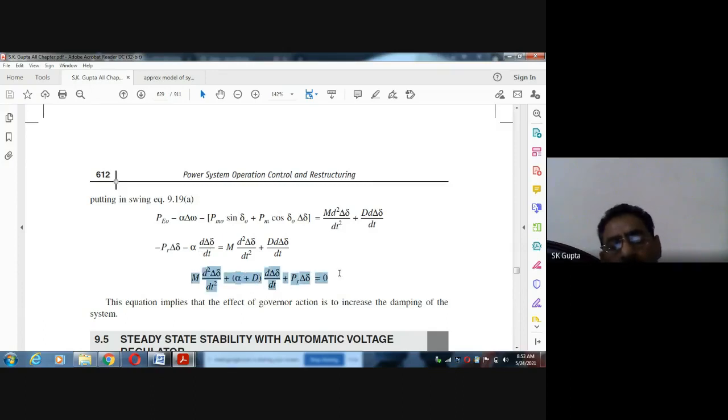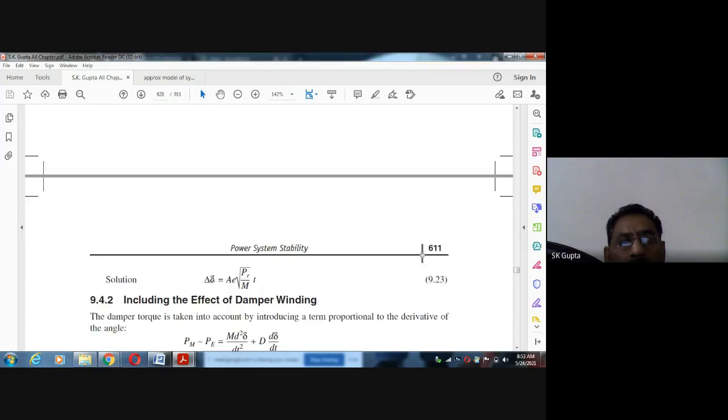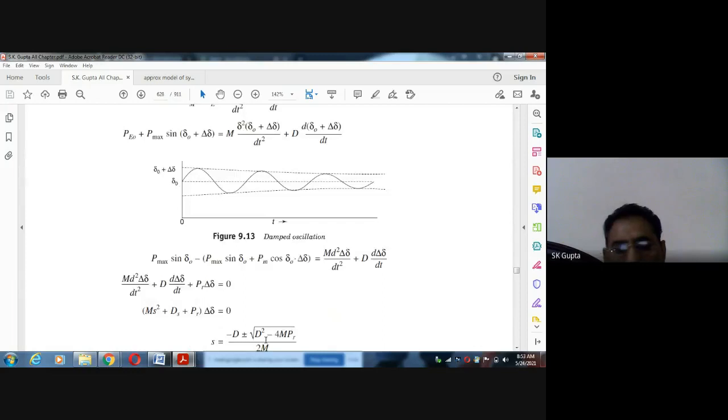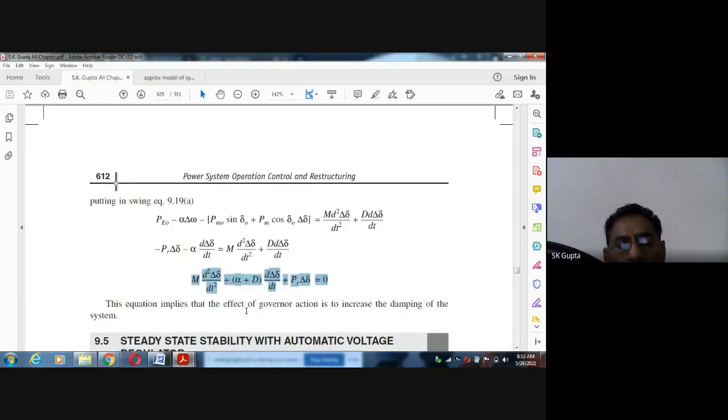इफ यू सी दिस इक्वेशन, व्हाट वाज दिस, ये इक्वेशन आप देखेंगे: PM माइनस पी एम डी स्क्वायर बाई डेल्टा टी स्क्वायर प्लस डी डेल्टा बाई dt, यही तो है। सेम इक्वेशन इज देयर, ओनली इन प्लेस ऑफ d इट इज d प्लस अल्फा। मींस ये किसके प्रोपोर्शनेट आ रहा है, फ्यूल, जितना हमने लोड बढ़ाया है, फ्रीक्वेंसी चेंज हुई है,